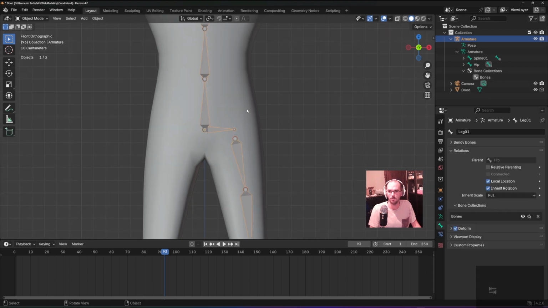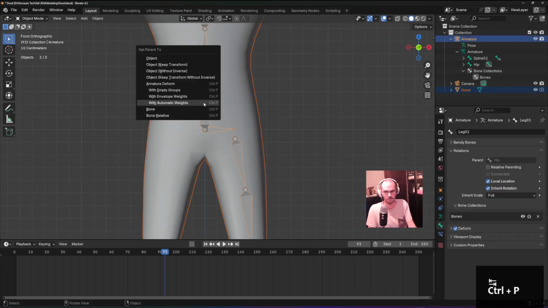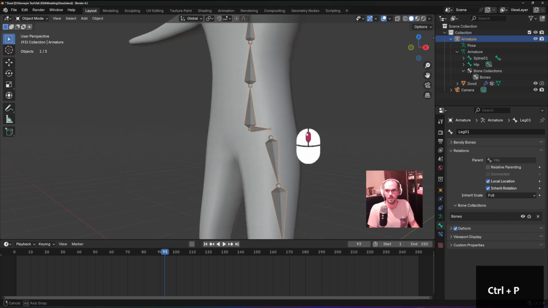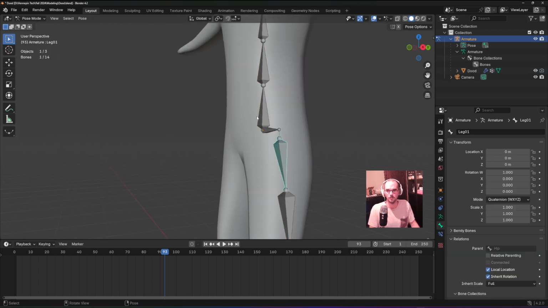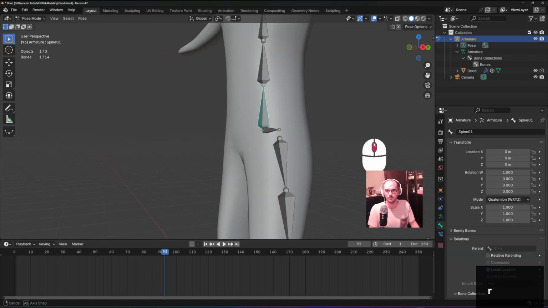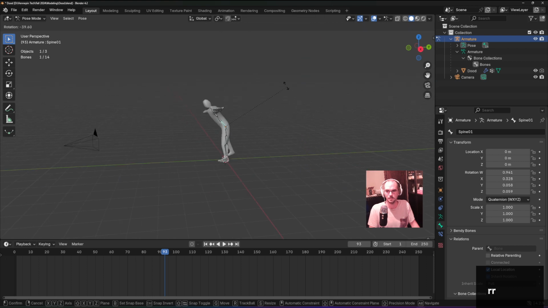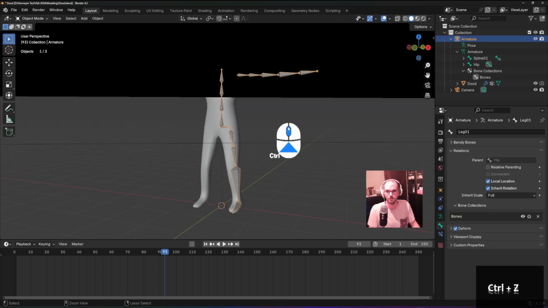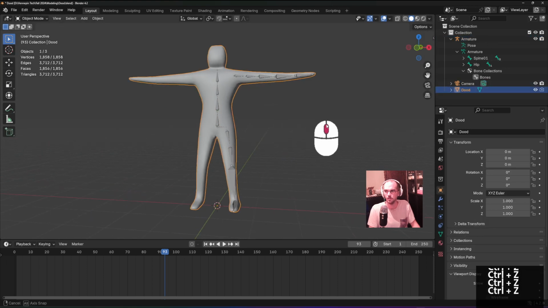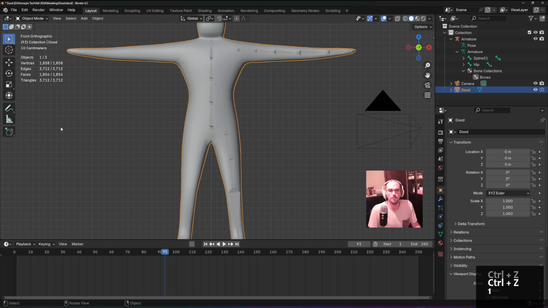And so now, if I go back in here, do the parenting, Control P, automatic weights. If I go to pose mode here like this, that's going to bend, but the leg won't move. You see? See what I'm saying? Okay, undo, undo, undo, undo, undo. Okay, there we go. Final thing I'll show you